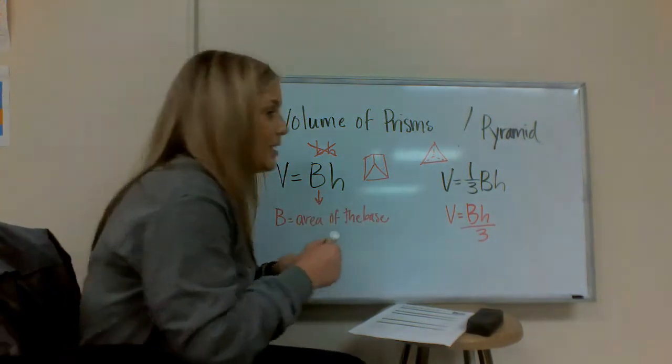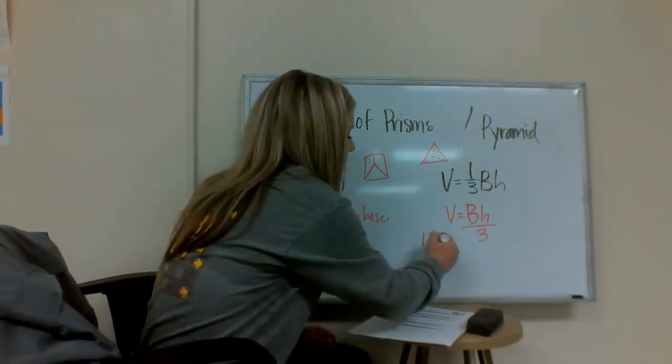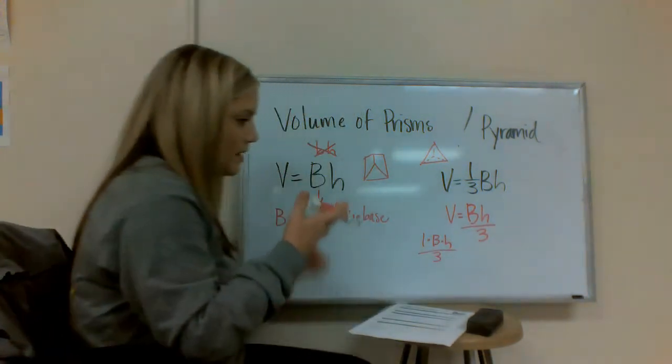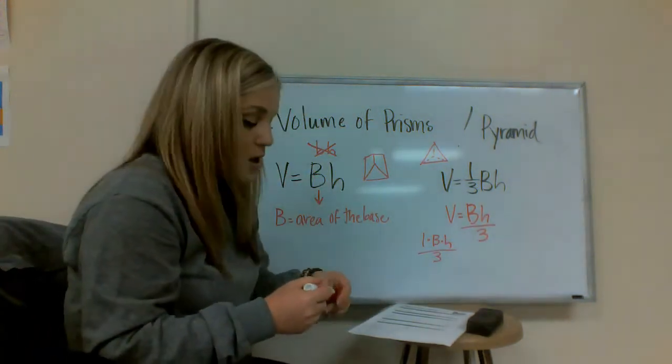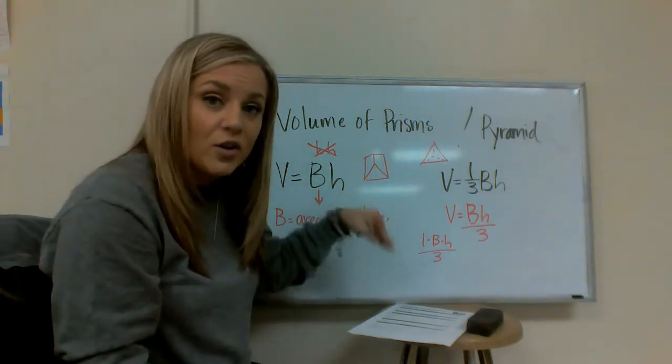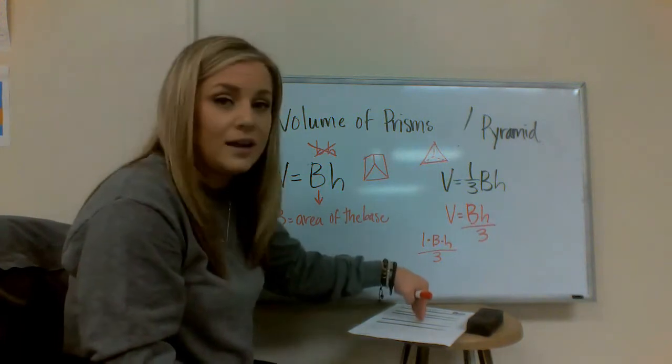Because if you think about it, it's really like 1 times capital B times H over 3. I mean, it's the same thing as dividing, okay? All right, so when you write this down on your formula chart,